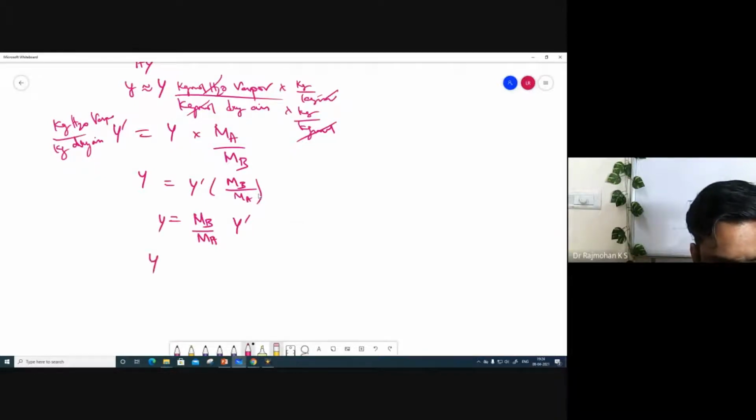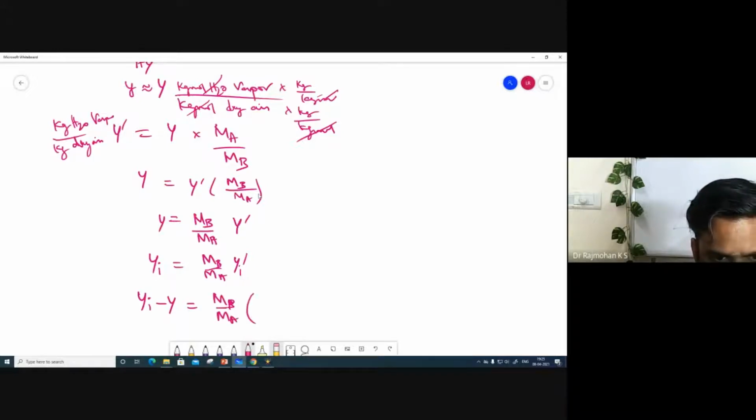So what will be the interface value Yi? Yi will be MB by MA into Yi dash, right? Then we can write the difference, Yi minus Y, equal to